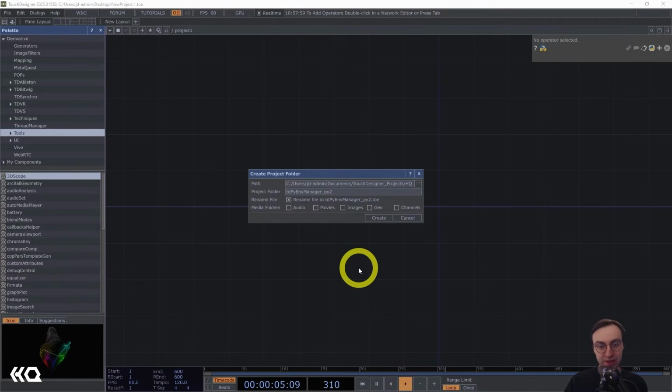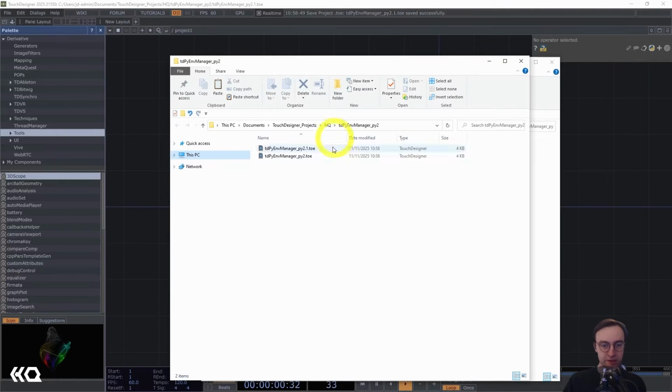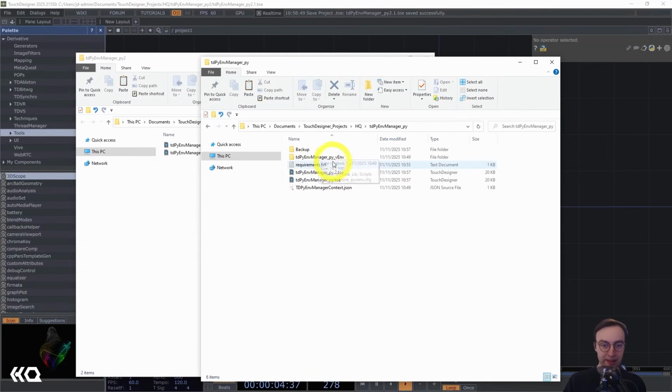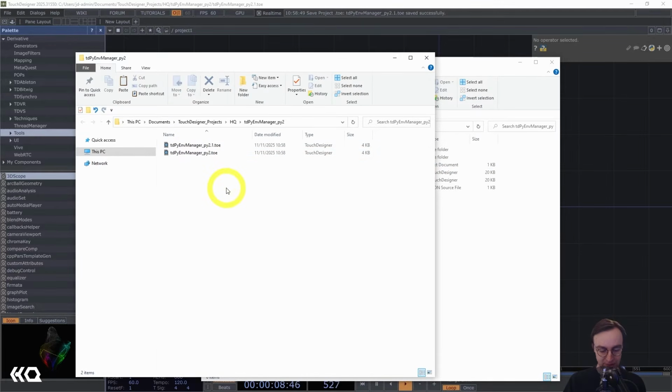So just to illustrate this, I'm going to create a second project and project folder that currently is empty and use that requirements.txt file to set up a second identical virtual environment. So I'm going to hit create. I've got this new project set up, and I can simply copy the requirements.txt file into this directory like so,